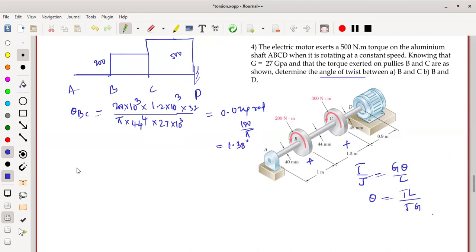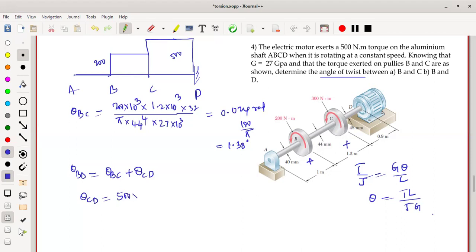Coming to the next question, theta B on D. It is also the same procedure. But here one thing: B is here and D is here. So this you can write as B with respect to C plus C with respect to D. B with respect to C we already got the value, so we have to calculate CD. So theta on CD you can write with the same equation, where T between C to D